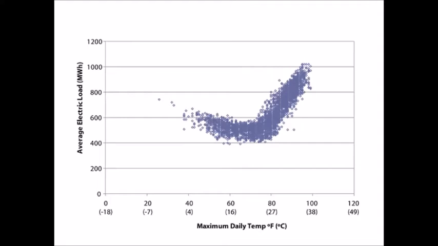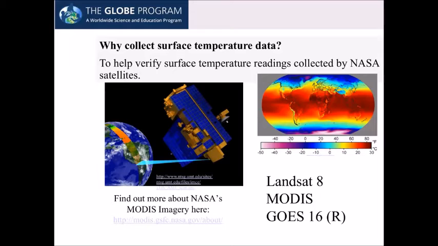This diagram shows electric use given the temperature. You notice how electric use is kind of about the same until you hit like 80 degrees, and then electric use goes up quite a bit from air conditioning. And anyway, that's showing how when we have urban heat island, the urban areas warming up, then we are using more electricity for air conditioning.